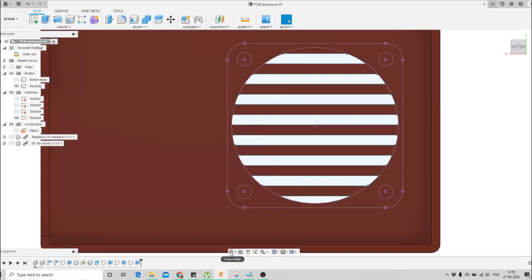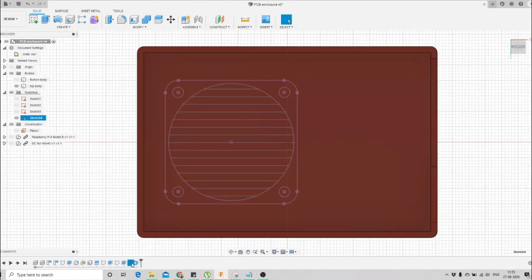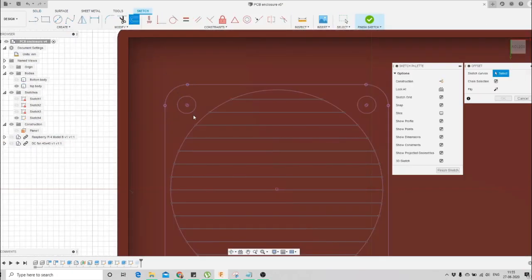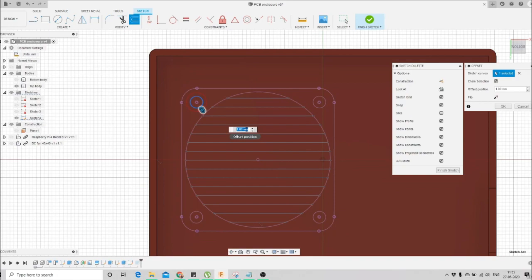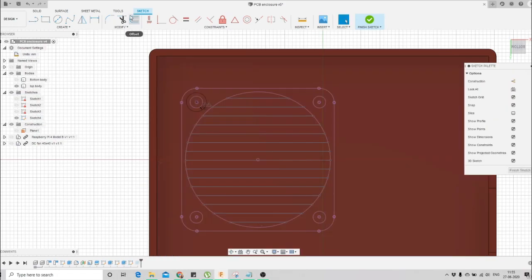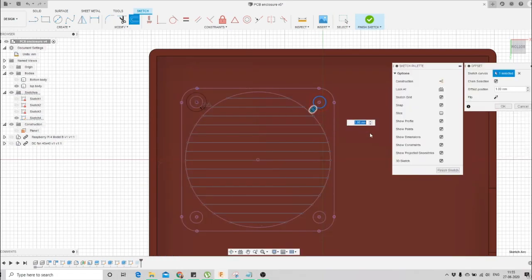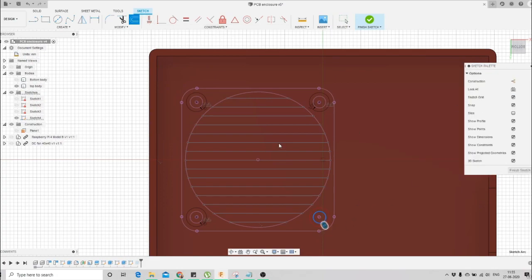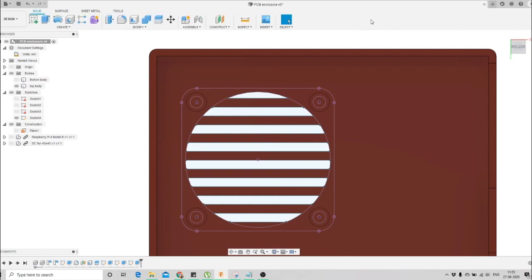So we'll go to that sketch, edit it, and offset these mounting points, let's say 1 mm. The same way we will offset all the 4 mounting sketches that we had made previously, and we'll click on finish sketch.